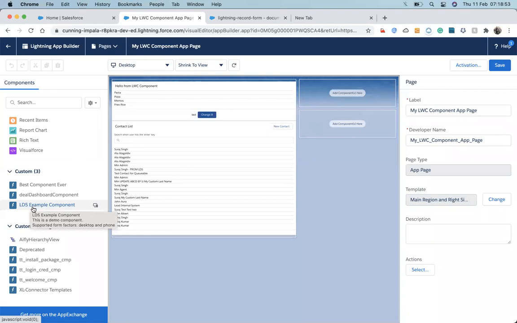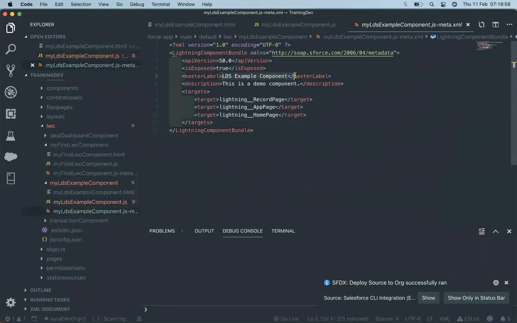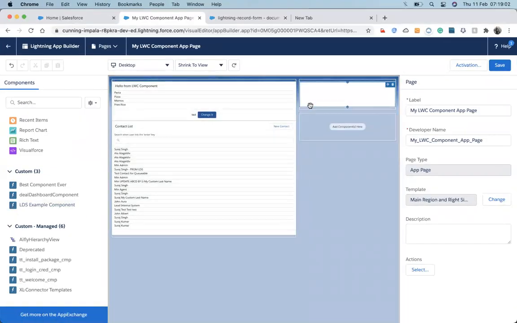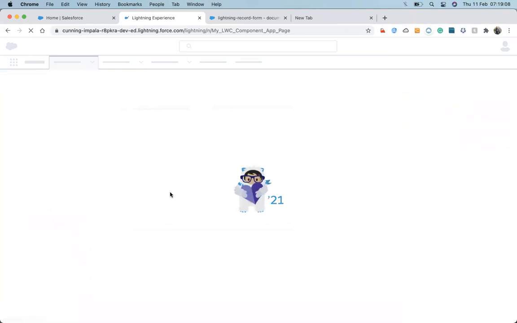You can see where we are putting it up here. Yeah, that's shown up here, the same name. So let's put it up here, save it. Back.